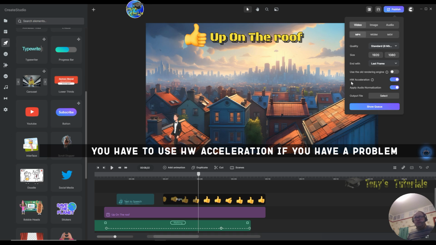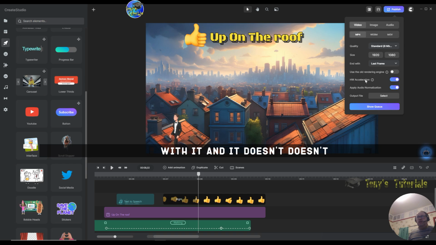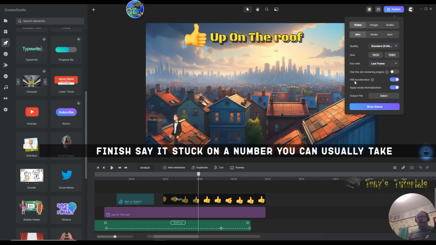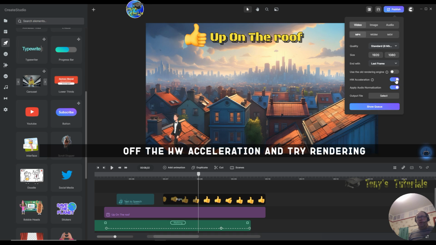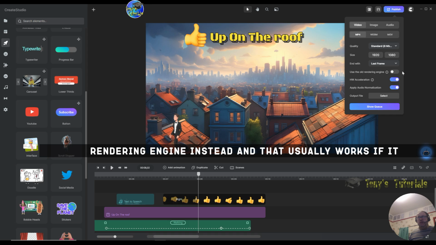Use HW acceleration. If you have a problem with it and it doesn't finish, say it's stuck on a number, you can usually take off the HW acceleration and try rendering again, and then it sometimes works. If that doesn't work still, you could use the old rendering engine instead, and that usually works. If it doesn't work, then you can